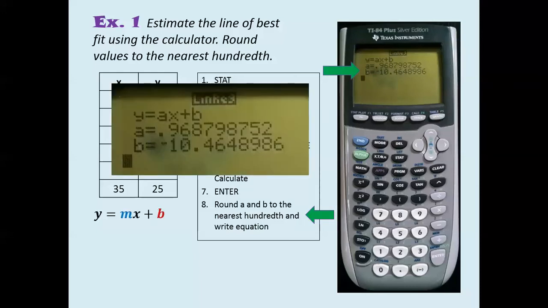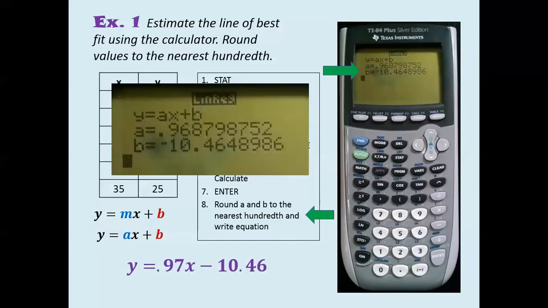We're used to using y equals mx plus b, but the calculator, anytime it has variables, it usually uses A, B, C, D, E in order. So its equation looks like y equals ax plus b. And so instead of m for slope, it's giving us a variable of a that we're going to use in place of m. So you can see that the a value is 0.9687, etc. We're going to round that to the nearest hundredth, and it's giving you the b value, which is the y-intercept,